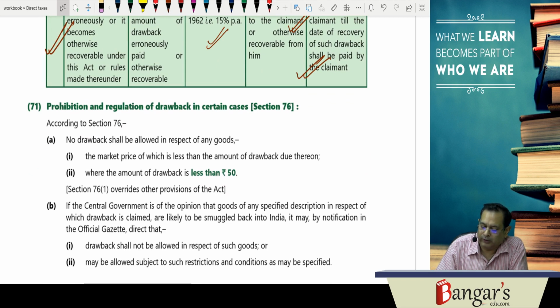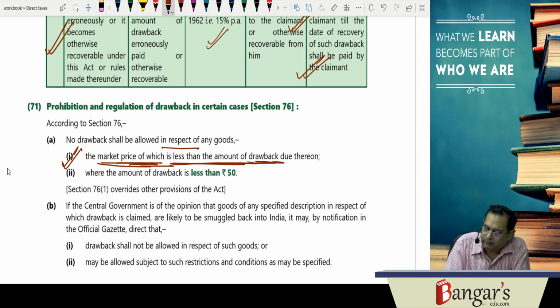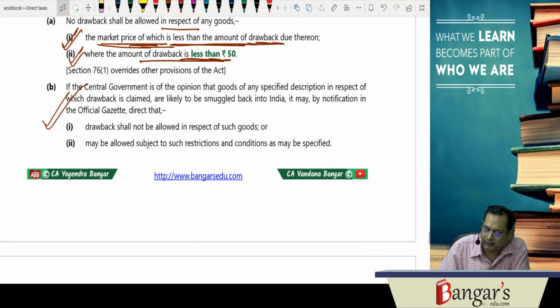Then there is prohibition and regulation in respect of drawback. You won't be entitled to take the drawback if the market price is less than the amount of drawback, or where the amount of drawback is less than 50. If you are exporting the goods and the market price is less than the amount of drawback, you won't get the drawback. Or in case the goods are likely to be smuggled back into India, then you won't be entitled to drawback